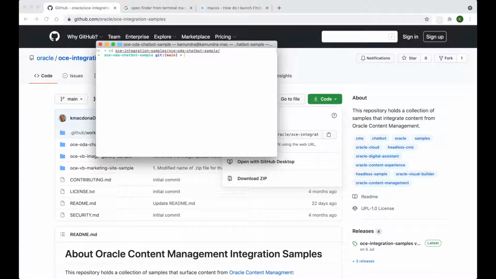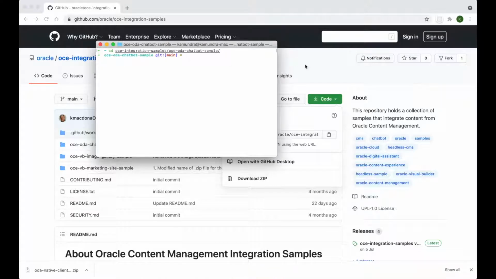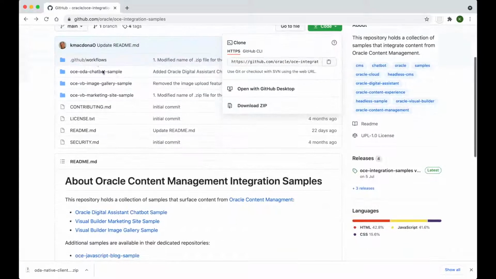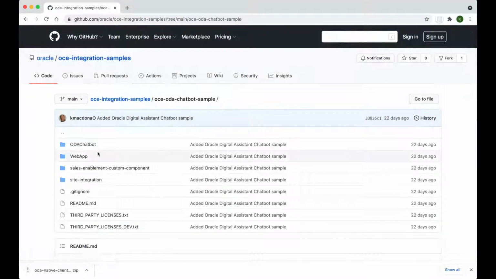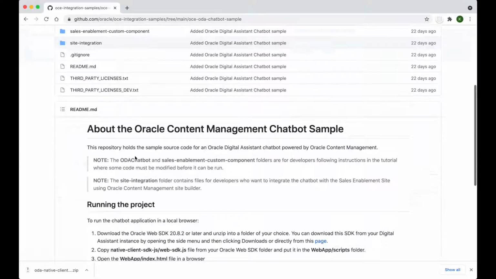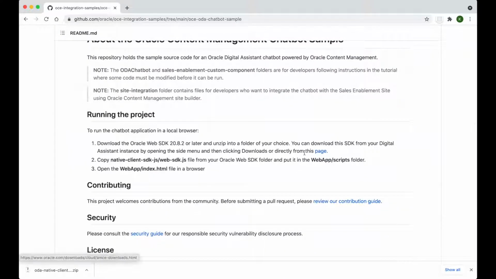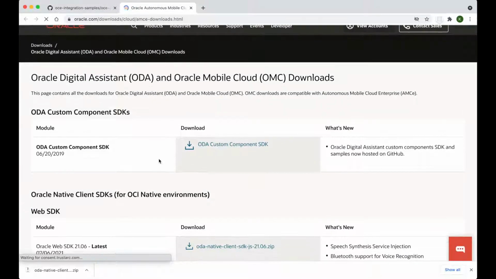Before we get to running our chatbot sample, we must download the ODA Web SDK. To get that, first click on the OCE ODA chatbot sample. We can click on this link here and download the latest version of Oracle Native Client Web SDK.